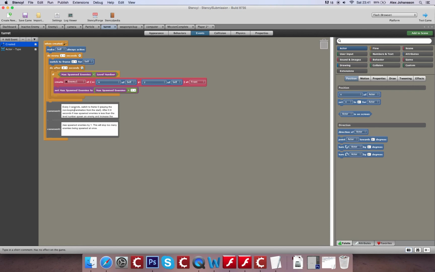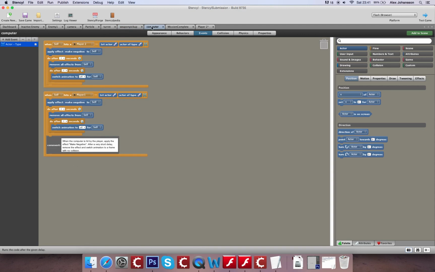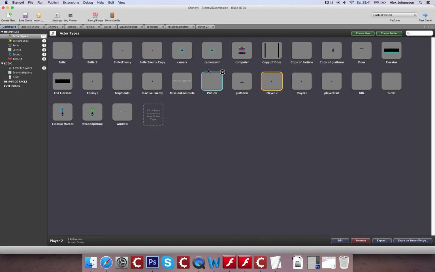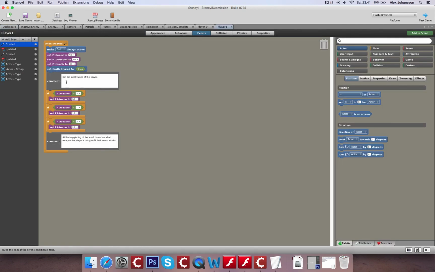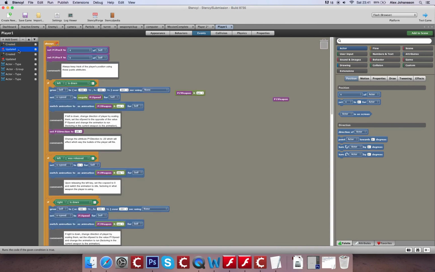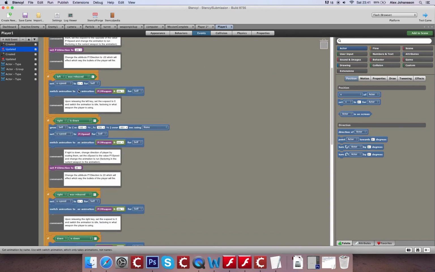For example, here I've split it between two. Most of them I've done in one summary, but if you go into the player, for example, or the bullets, I think as well, you'll see that I've got, going all the way down in some cases, kind of short breakdowns throughout of what each chunk of